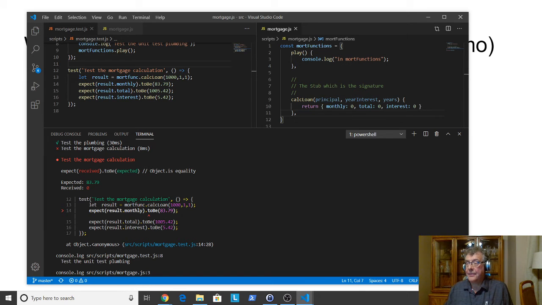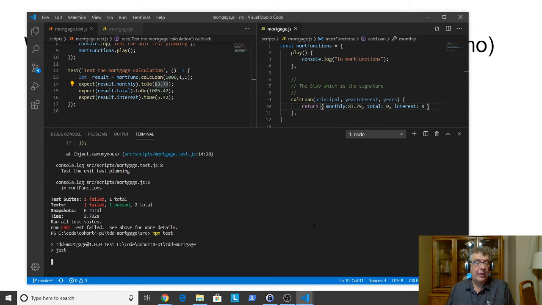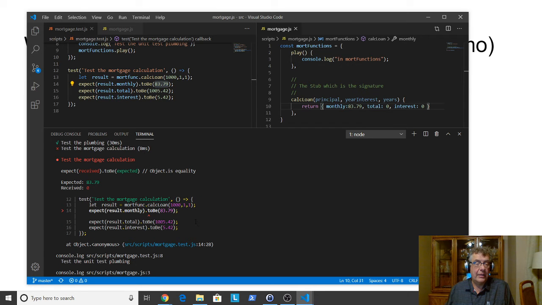So the next thing I'm going to do is I'm going to run the minimal amount of code that actually allows me to let the test pass. And again, I'm going to cheat. As you guys all know, this is totally acceptable. I'm going to pass the monthly payment back. And again, I could do this one at a time, which I'm not going to do all of them that way. And if we look, I save that and I run it, and now it gives me 7379,